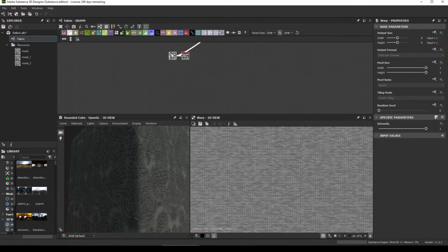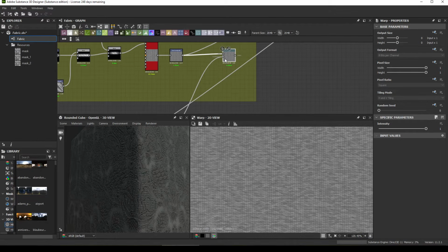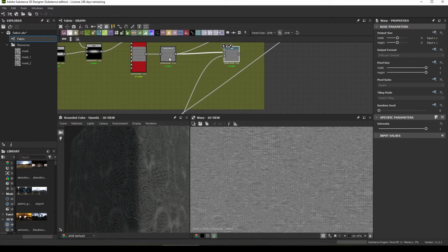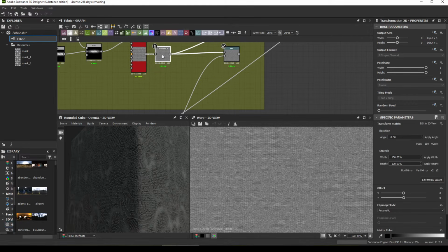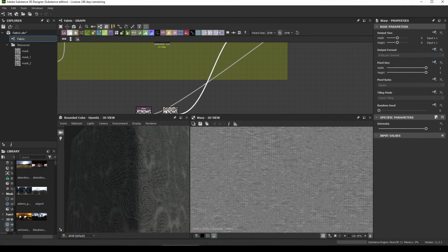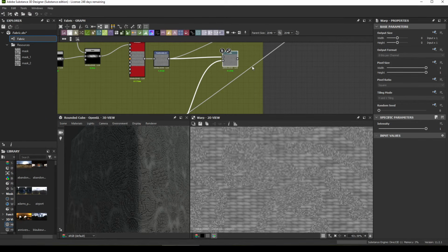Let's bring our mask down. Now the warp is a very sensitive node, so if you input something too sharp or too detailed in it, it will break. So here, let me just re-explain. I am taking my weft, my second weft, and I am warping it with my blurred mask, okay? Now right now you can see that it's too strong and I need to make a few adjustments to make